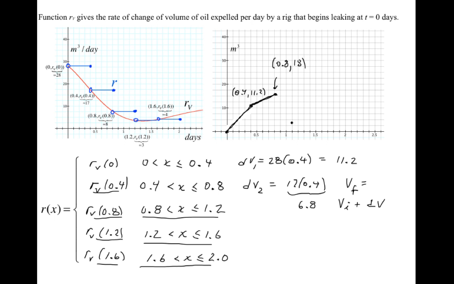Okay, so we could easily finish in this way. So we could get the change from each interval, add it to the current accumulated amount from all the previous intervals. That would be our V initial in each interval. Would be the accumulated amount from previous, add the new change, and we could find these ordered pairs. And then,